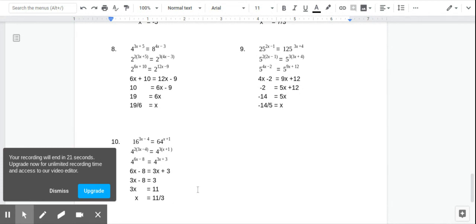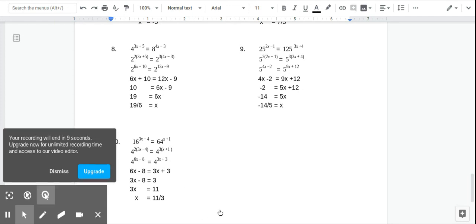So again, today you're going to be trying more difficult problems than you did in the last lesson, where both sides may need to be rewritten, and you may have to use rules of exponents in order to solve. So good luck